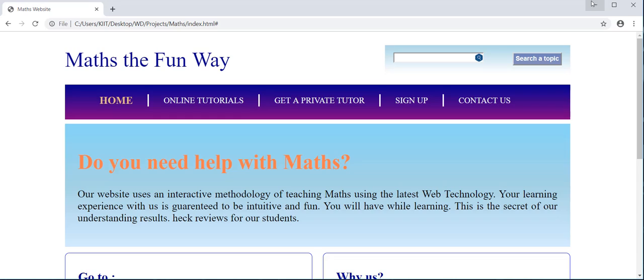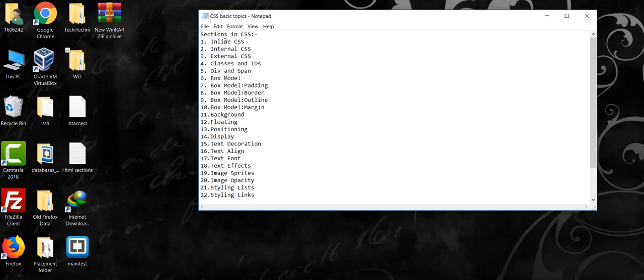So first we are going to plan the notes and then I will give you the basic sections inside CSS. We will cover these sections in the following tutorials. First is inline, second is internal, third is external CSS, fourth is classes and IDs, sixth is box model, seventh is box model padding, eighth is box model border, ninth is box model outline, 10th is box model margin, 11th